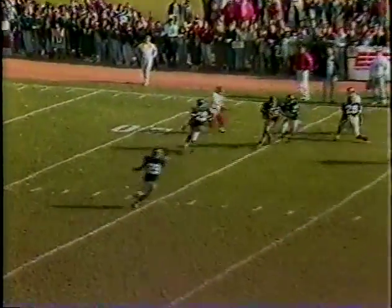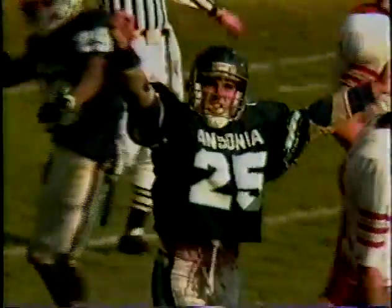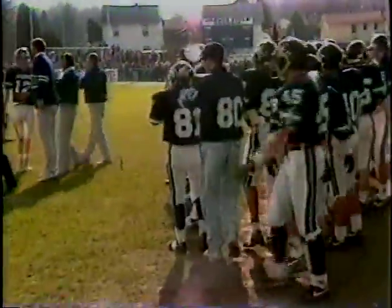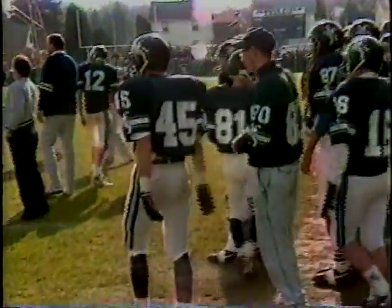Murphy winds up, throws downfield. It is picked off. Guess who? 40, 45, that's going to do it. Sharkey. A flag, however, hold the phone. A flag is dropped on the play